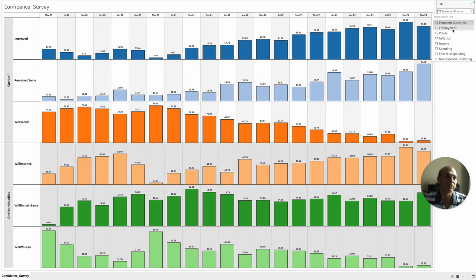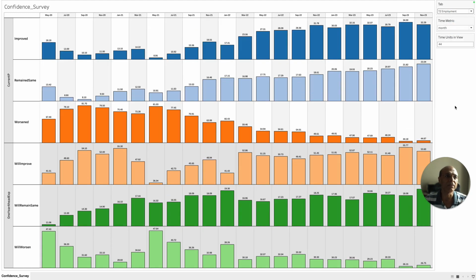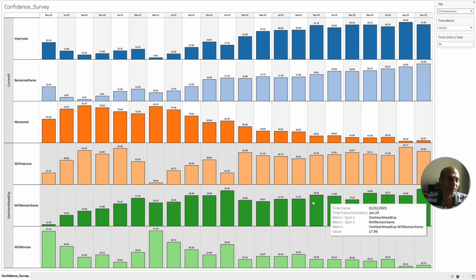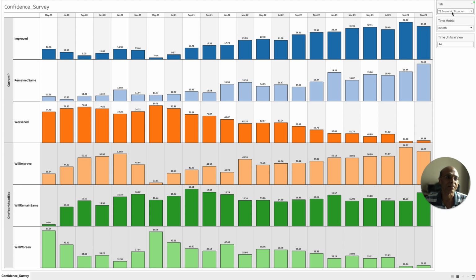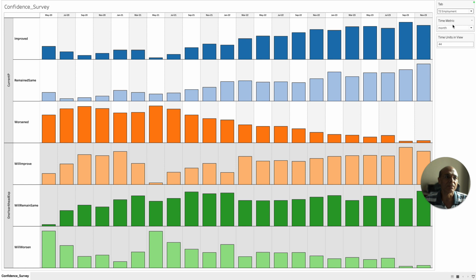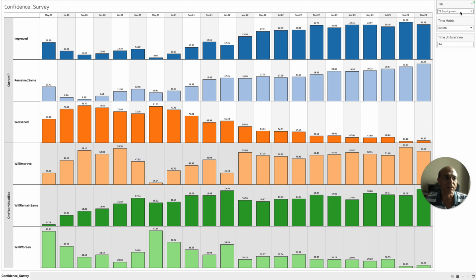Now let's go to a different dimension, which is employment. Let's see how the view of the various respondents has changed. From an employment perspective also, we see a similar trend. I don't think there is much change in the trend. What we saw in the case of economic situation is almost similar. There is not much change. It is almost resonating with what we saw in the economic situation. So nothing to talk much about this.